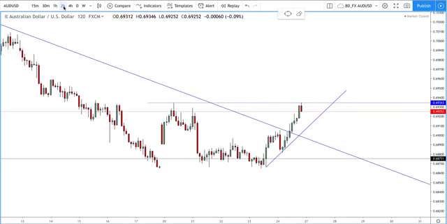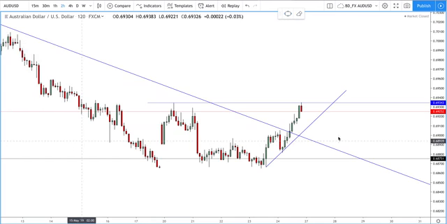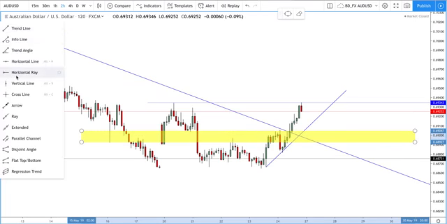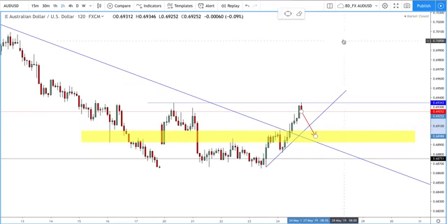And what I'll be looking out for this week is this pair coming down to sort of these. Let me just highlight it. Coming down to sort of this region as a retracement. We might break through this trend line, make people think that we're taking a short, and then pushing them back up to the upside. So if you're not in this trade yet, there's still an opportunity to come.